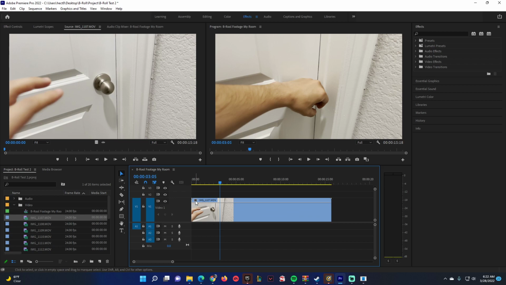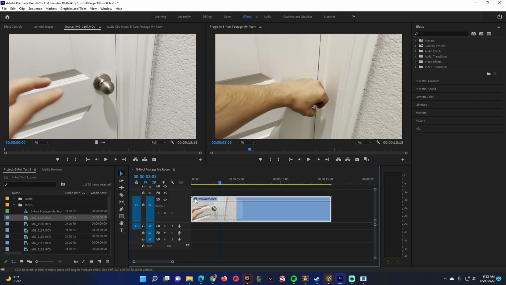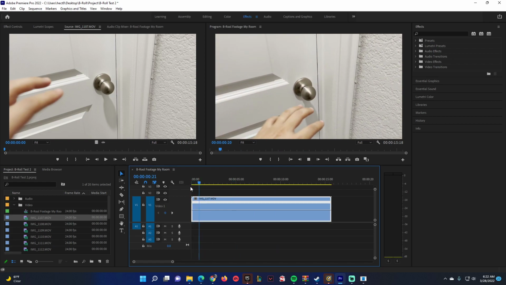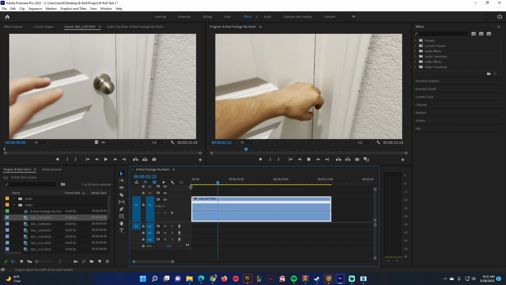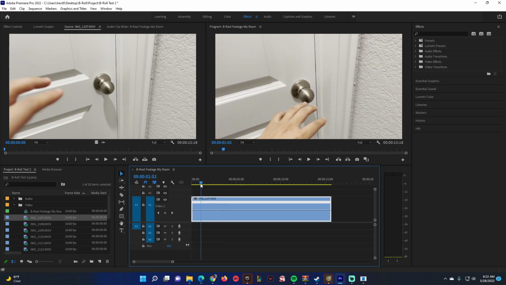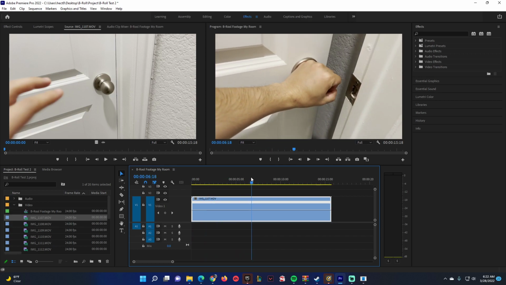Now under effect, you want to be able to see this little keyframe. If you don't see it, it's probably because it's still too small. If you bring it bigger, you'll be able to see it. Right click, time, and speed. This will allow you to see the speed here. Again, if you play it, it's in slow motion. This little keyframe will allow you to speed through certain parts. So right around here,